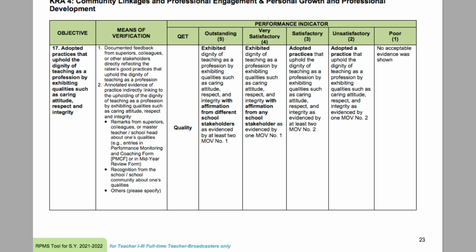Annotated evidence of practice indirectly linking to the upholding of the dignity of teaching as a profession by exhibiting qualities such as caring attitude, respect, and integrity. Remarks from superiors, colleagues, or master teacher, or even your school head about one's qualities. Performance monitoring and coaching form or mid-year review form. Recognition from school community about one's qualities.